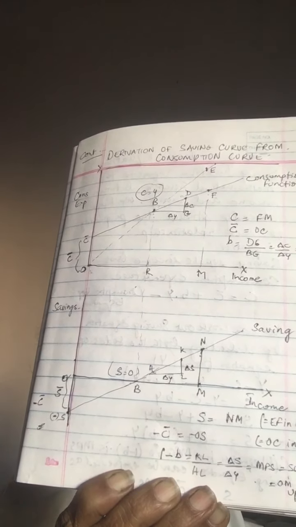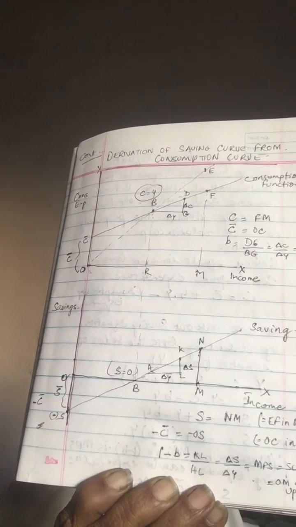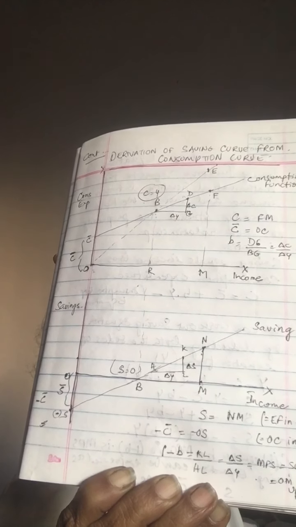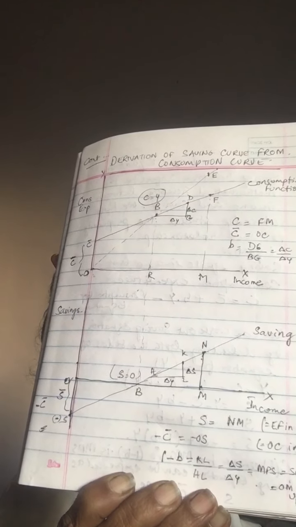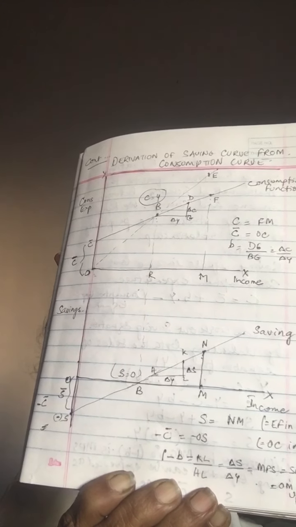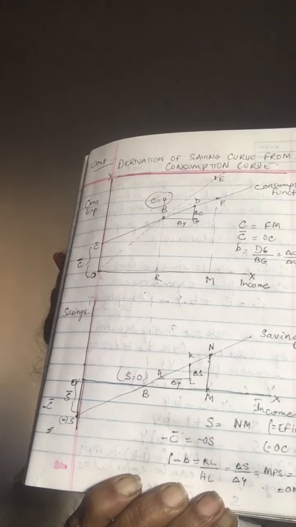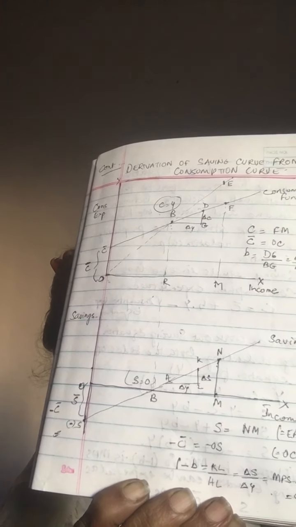To the right of B, the consumption expenditure curve is lower than the 45-degree line. It makes expenditure lower than income on the income levels higher than OR, and savings positive. Now by plotting the differences between the consumption curve and the 45-degree line at different levels of income right below the upper part, we can derive the saving curve. Since the consumption curve is a straight line, the derived saving curve must also be a straight line. To derive a straight line, we need to locate only 2 points. Remember,